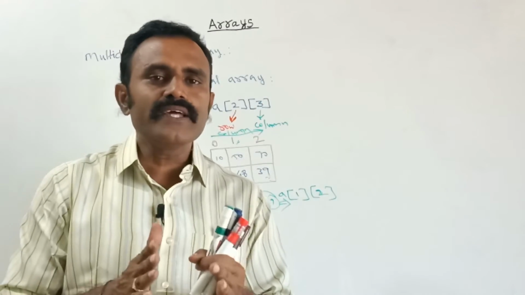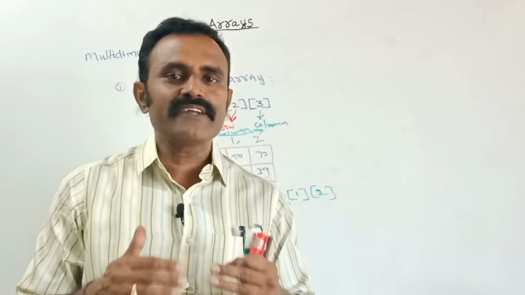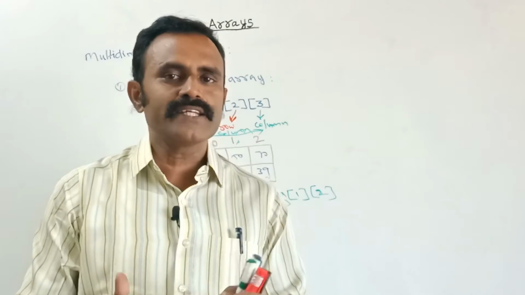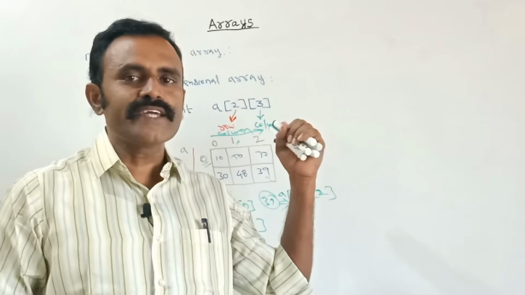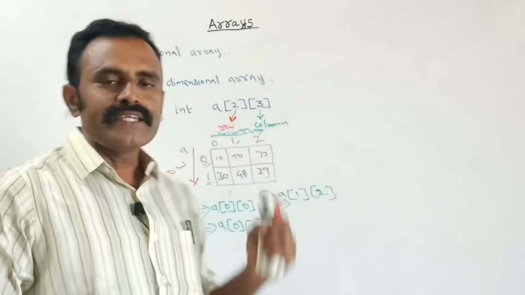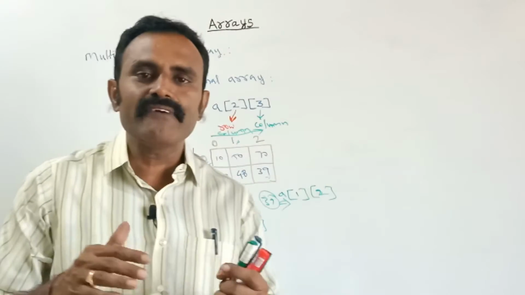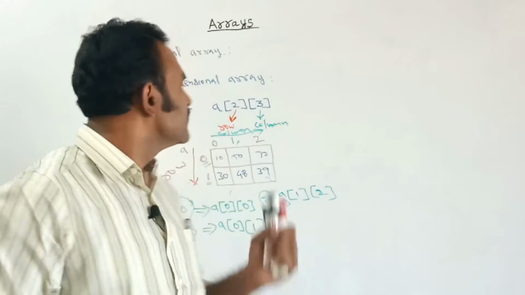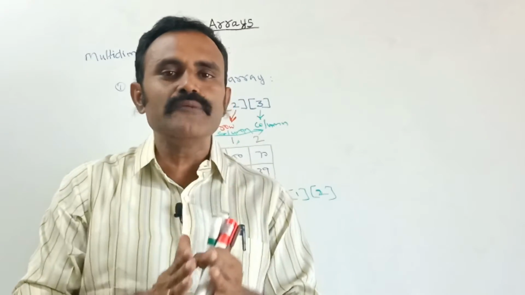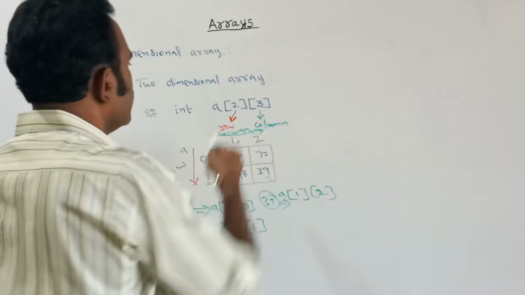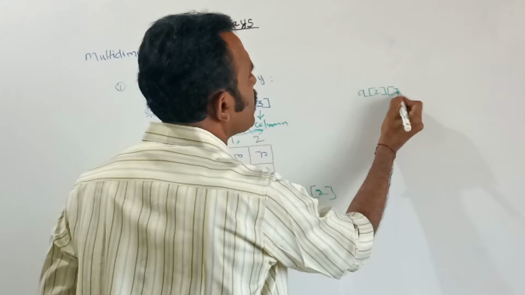Now let us see how the elements are stored inside the memory of the system, whatever elements we store in a multi-dimensional array. Suppose I am storing values inside this variable, my variable name is A, a multi-dimensional, that is two-dimensional, array. Here, if I want to store values inside this variable A, the memory will not store the elements row-wise and column-wise. A of 2, 3 is the multi-dimensional array.